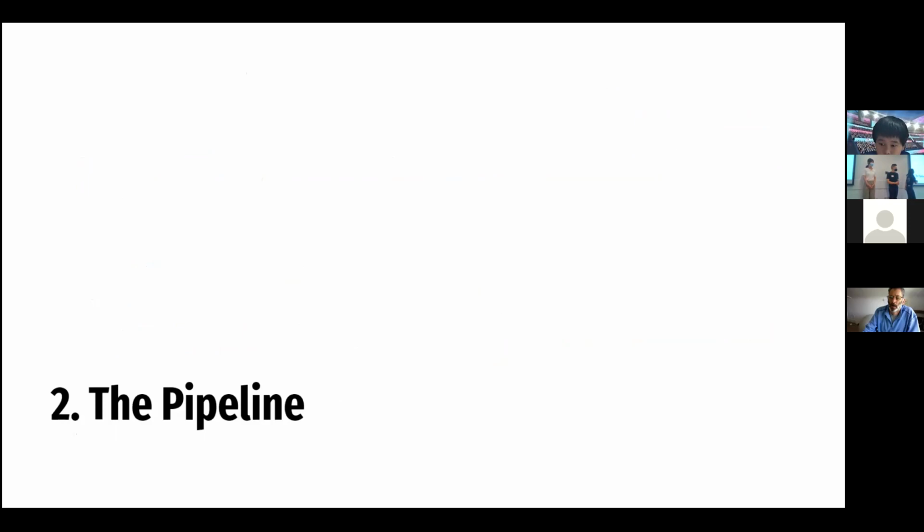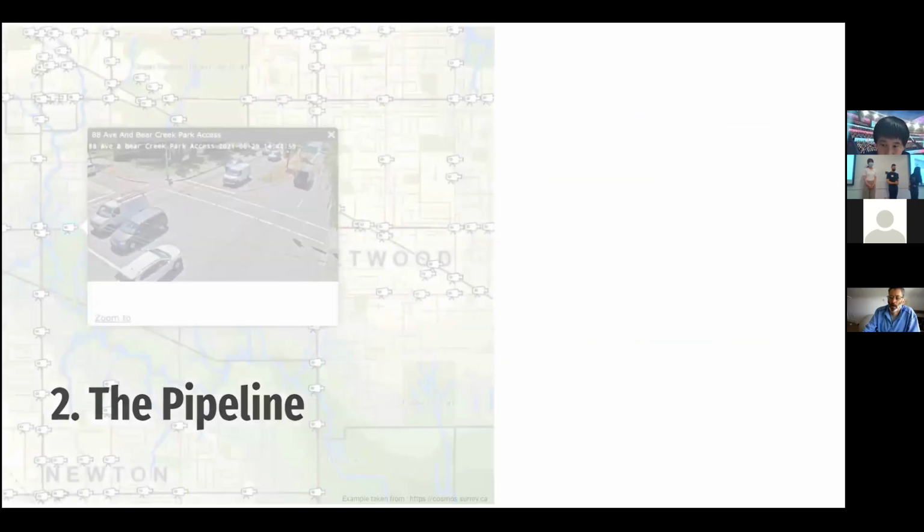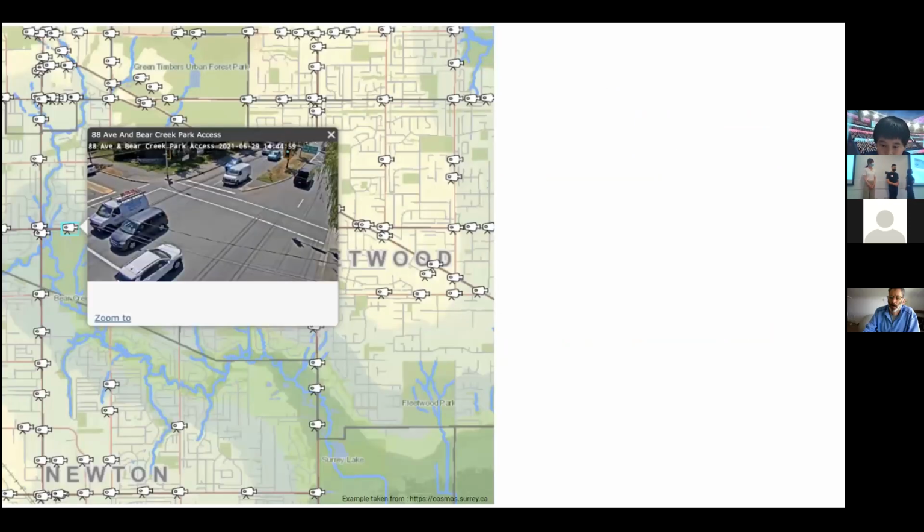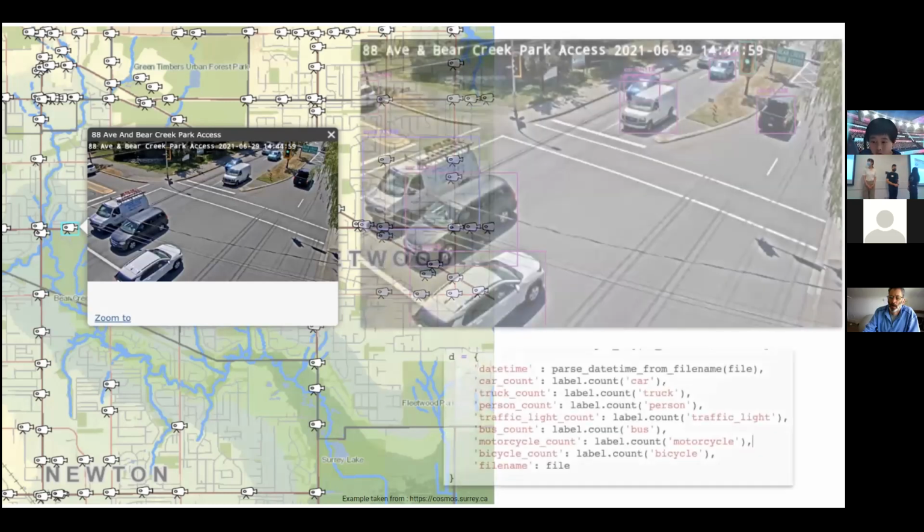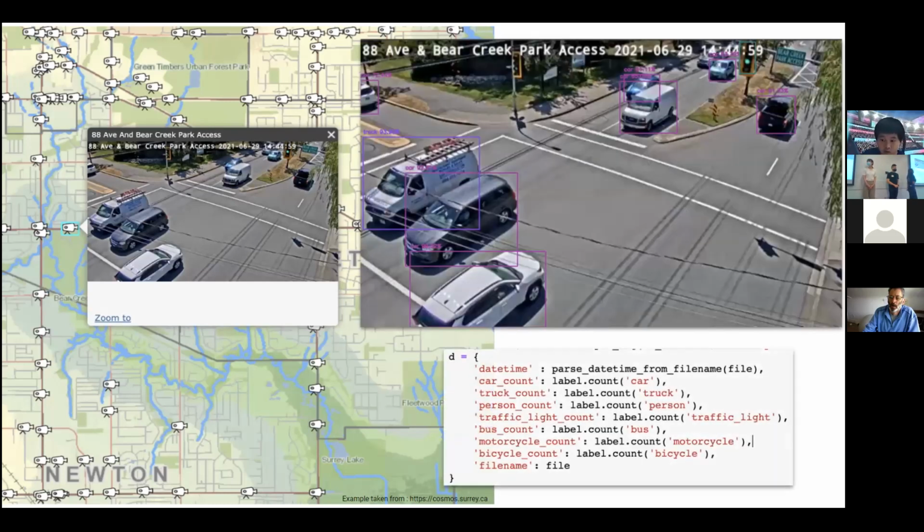Okay. So camera snapshots are taken at each traffic camera installation, and those are all publicly available camera images. Then information is extracted from the camera image, such as the number of vehicles in each image. Specifically, we use a computer vision method, an object detection algorithm, to extract that information. The algorithm locates different types of vehicles, and we basically translate those location boxes into the count of different